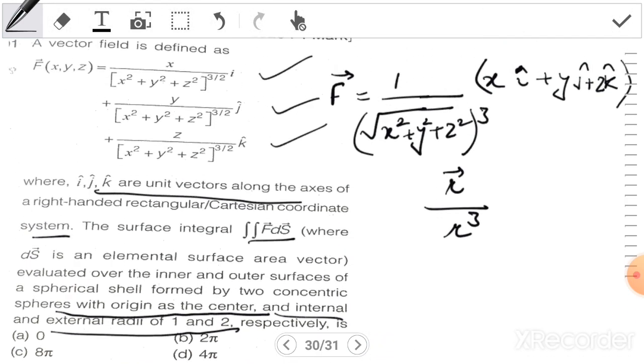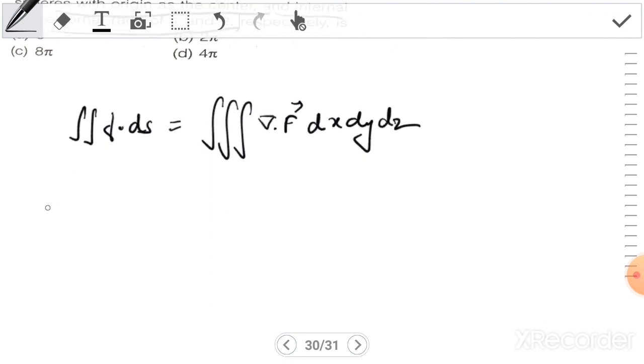So the divergence of F, which is r by r cube,